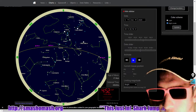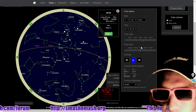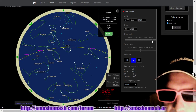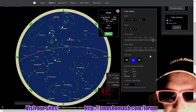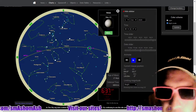Here's a star chart for you. Where will you be when Cygnus sets? When will Deneb set? Well, it doesn't set all summer, but in the fall it looks like it's going to set about 6:37 my time. If you're up before dawn, you may see the third brightest object in the sky,